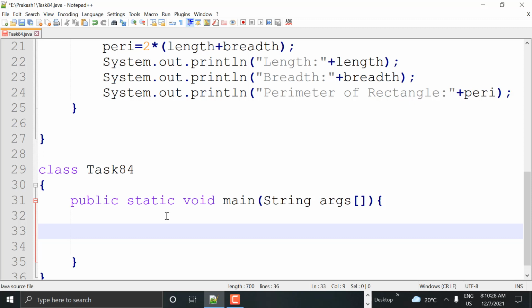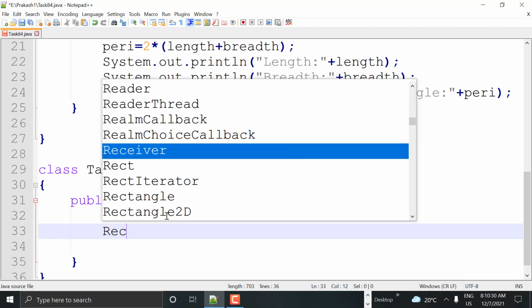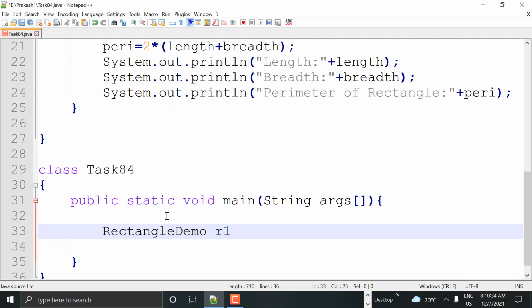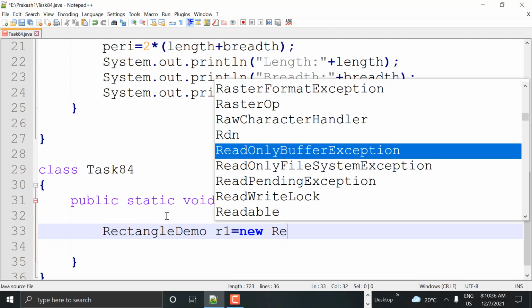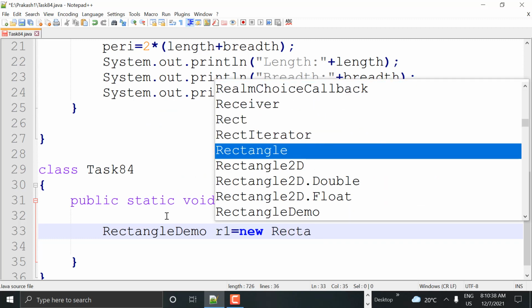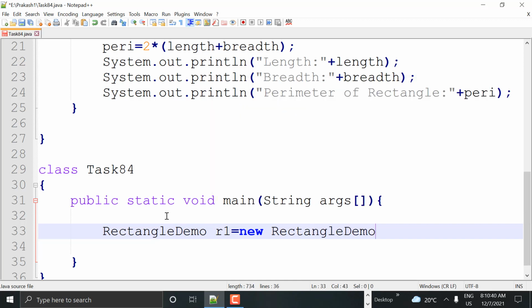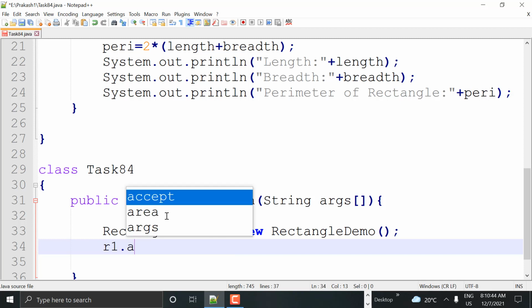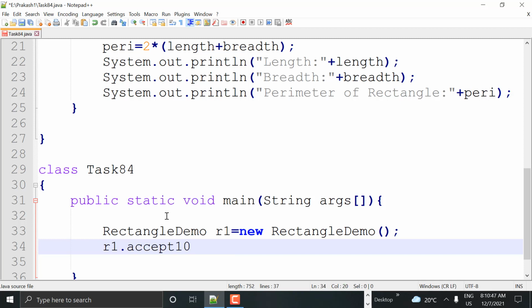We are creating objects of the RectangleDemo class. So by saying RectangleDemo r1 is equal to new RectangleDemo, and after creating the object I'm calling the r1.accept method, in which I'm passing 10 and 2 as parameters.